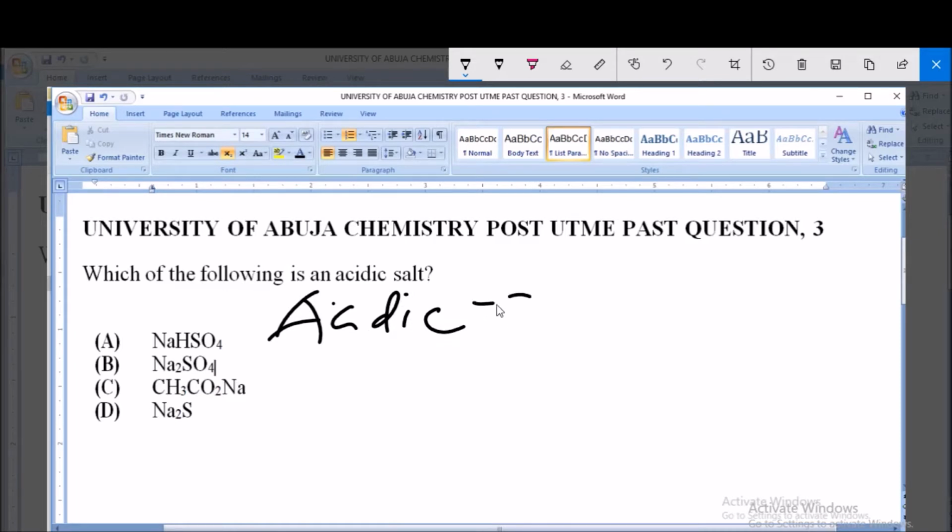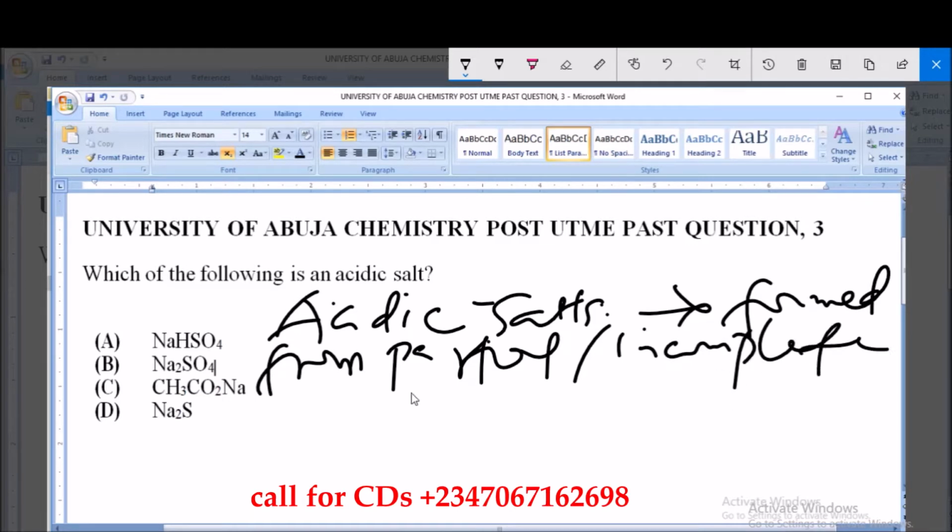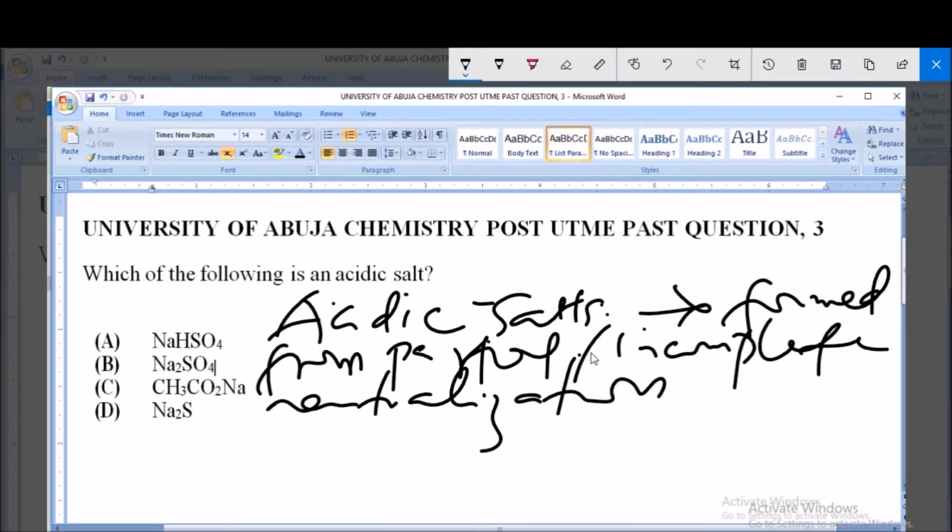Now, what are acidic salts? Acidic salts are salts formed from partial or incomplete neutralization. And when there is partial or incomplete neutralization, it means that an acidic salt is formed. But it is not just formed for every partial or incomplete neutralization. Now, in the case of